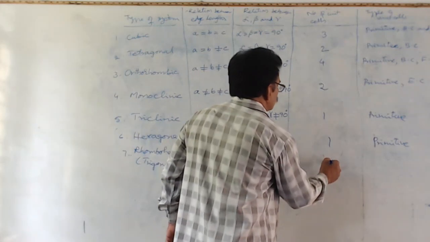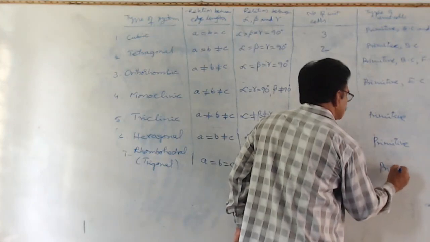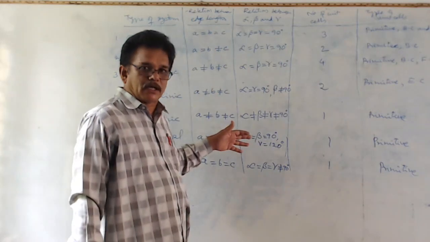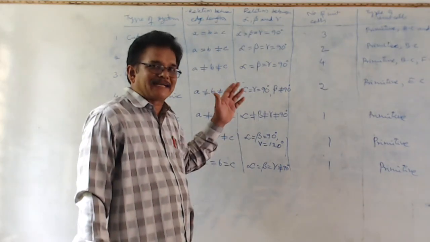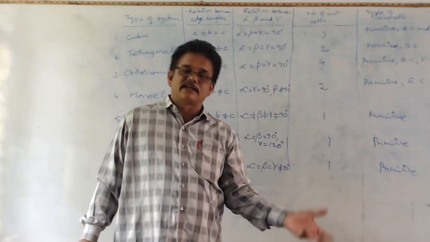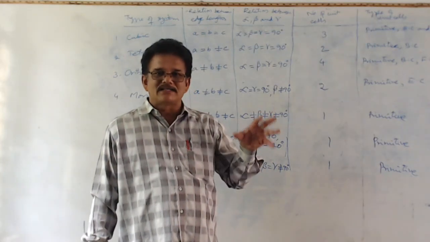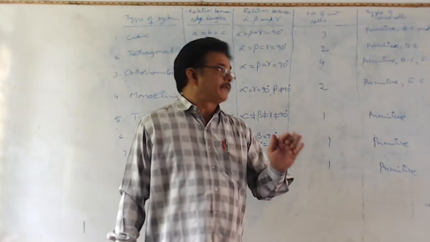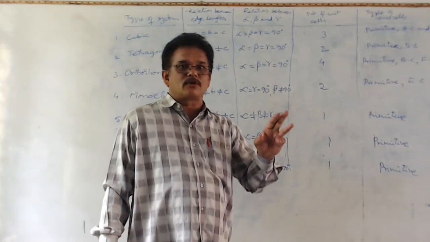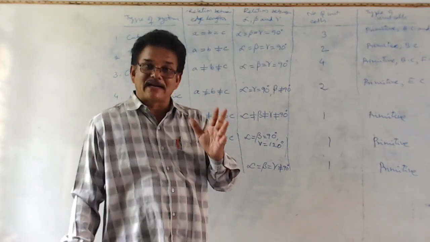Okay, next. Here also one unit cell is present in this system. That is also a primitive unit cell. So among these 7 systems also, the common type of unit cell is primitive unit cell. This is another important bit. The common type of unit cell among all the 7 systems is primitive unit cell. And the common lattice points in all 4 types of cubic unit cells are corner points, corner lattice points.